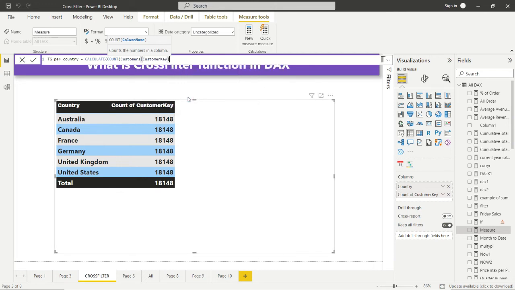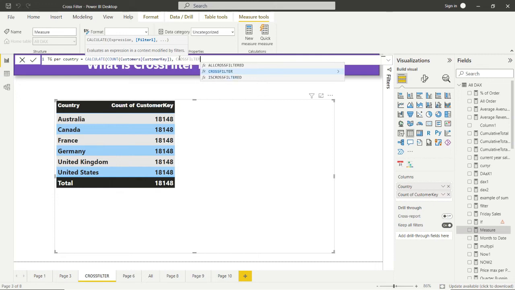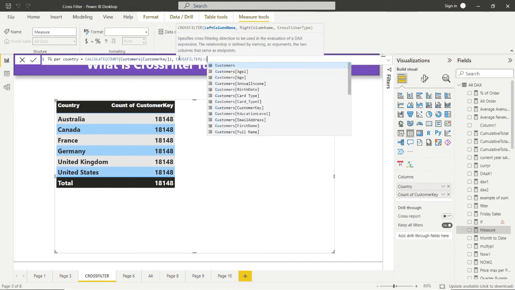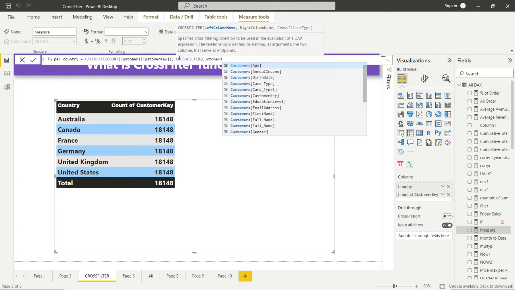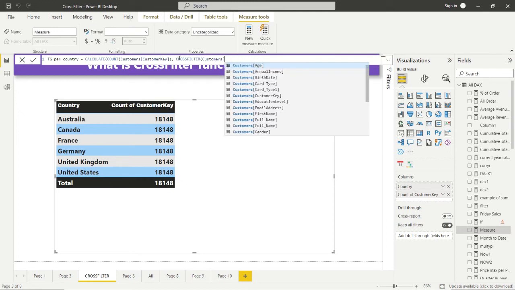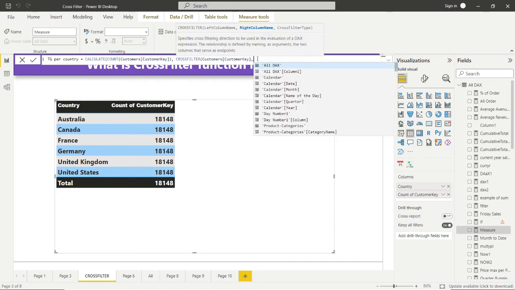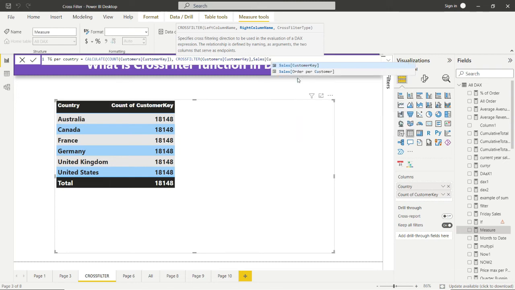Here we'll take this customer key, then CROSSFILTER, customers customer key, sales customer key.